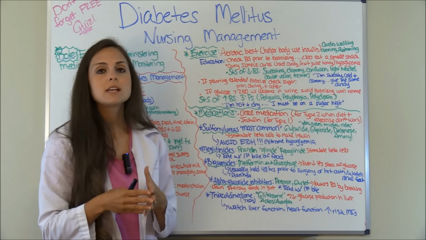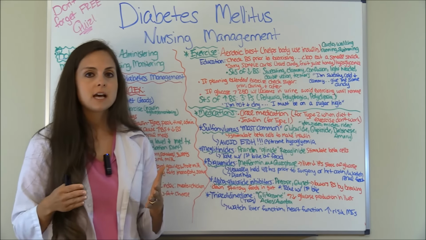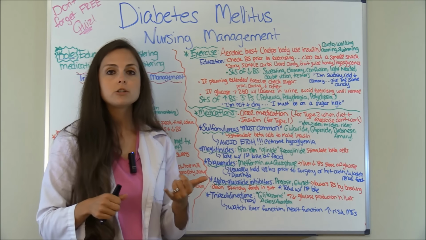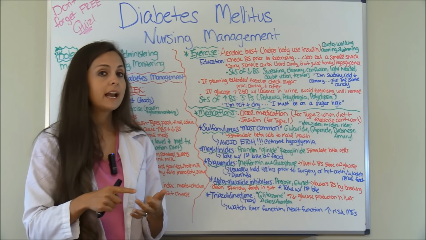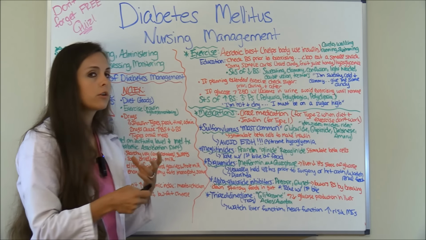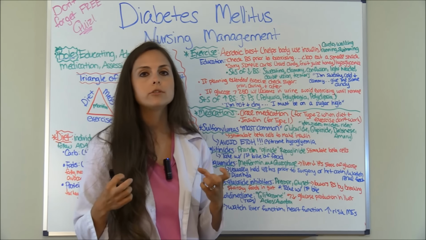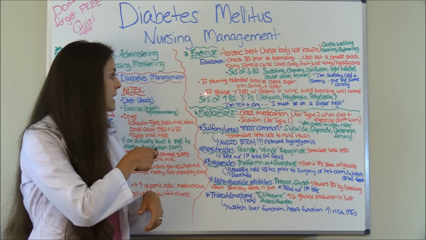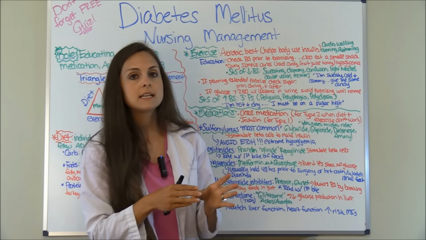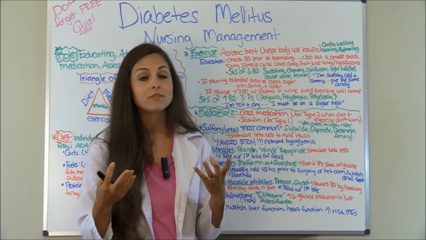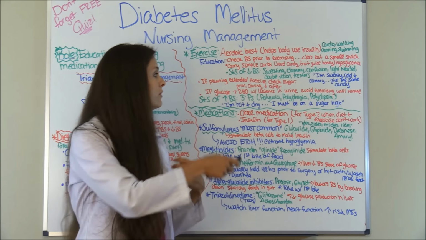Now, if they plan on exercising for a long period of time, it's a good idea to check their blood sugar prior to exercise, during, and after, just to monitor it, because you're going to be using a lot of glucose in the body. Now, prior to exercising, if the glucose is high instead of low, usually greater than 250,